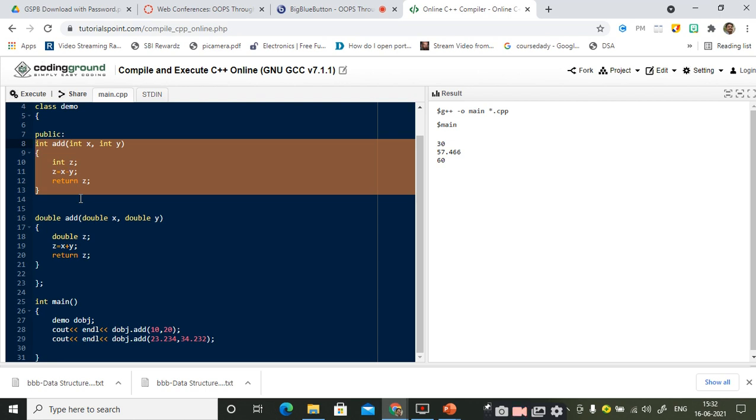Early binding is supported by which concept? Function overloading, operator overloading, and function overriding, sir. Super, right? So early binding is supported by function overloading, operator overloading, as well as function overriding.